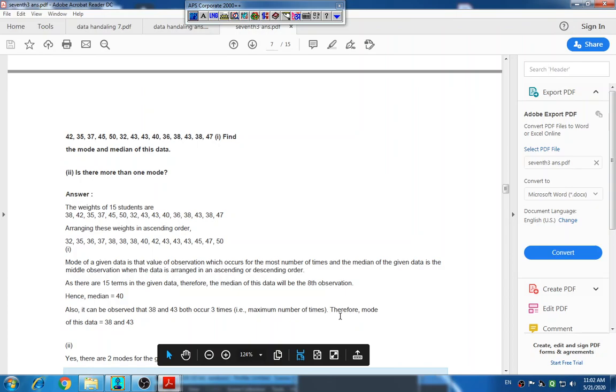When we arrange these weights in ascending order, we can see that the mode of the given data is that value of observation which occurs the most number of times, and the median of the given data is the middle observation when the data is arranged in ascending or descending order. Therefore, the median of the given data will, we can see